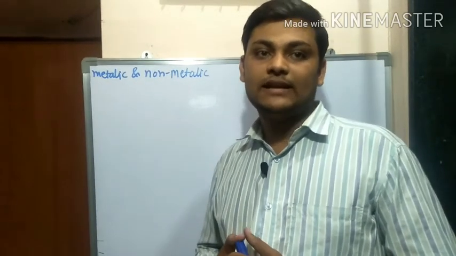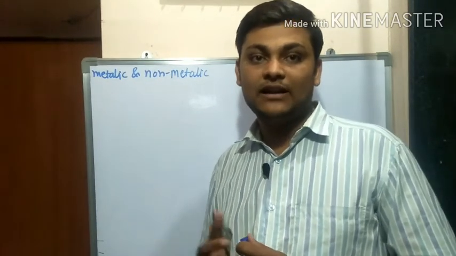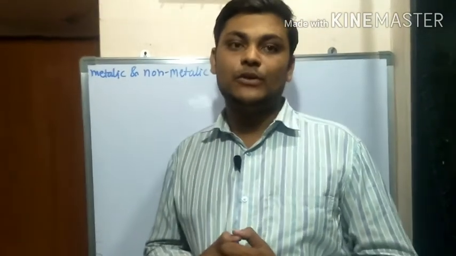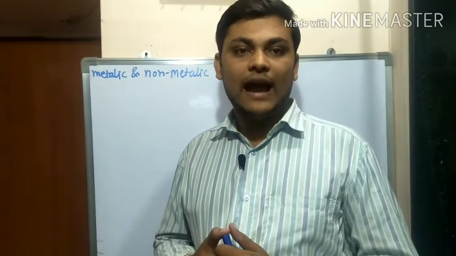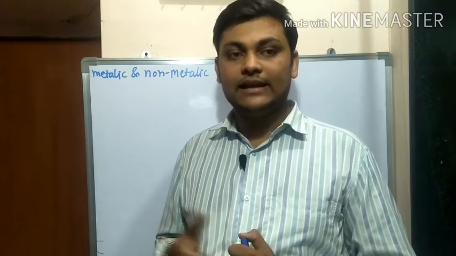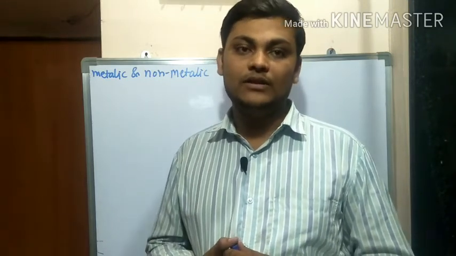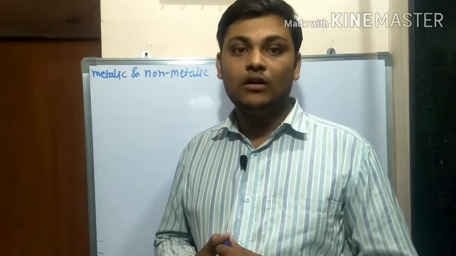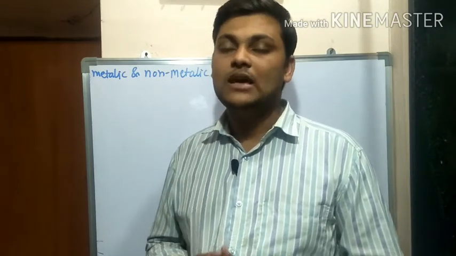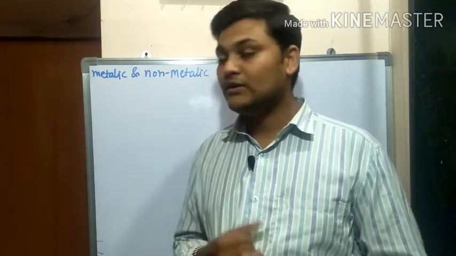It is seen that the zigzag line separates the metals from non-metals in the periodic table. Elements appear to be arranged in such a way that metals are on the left side, non-metals are on the right side, and metalloids are along the border of the line. How do these things happen? We have to study this further in this video module.